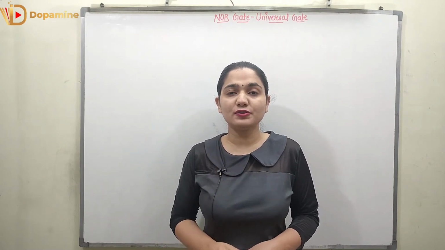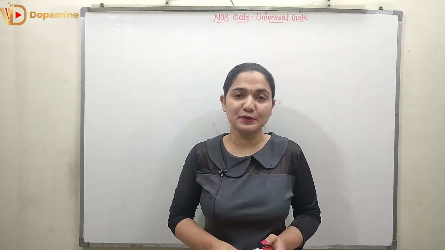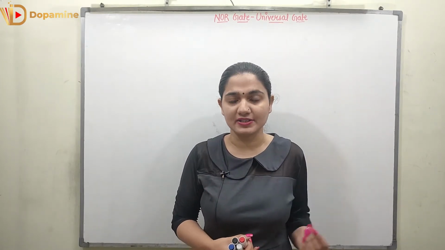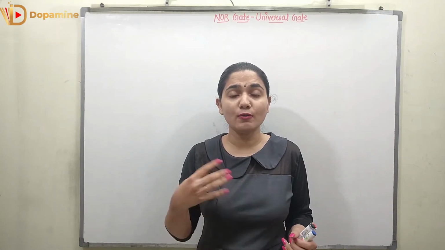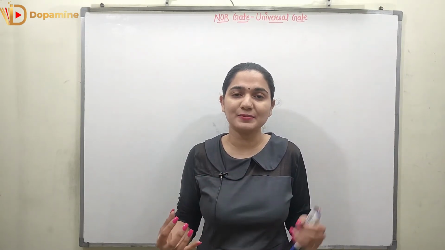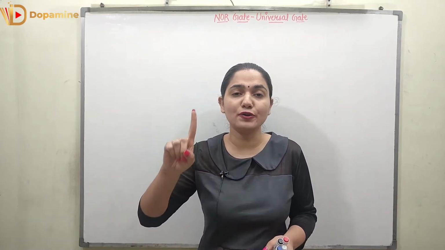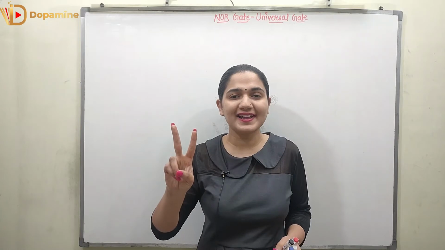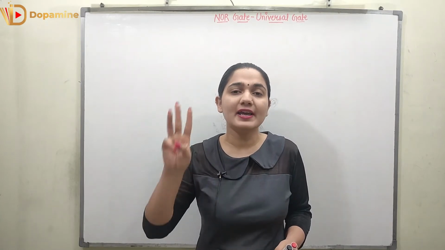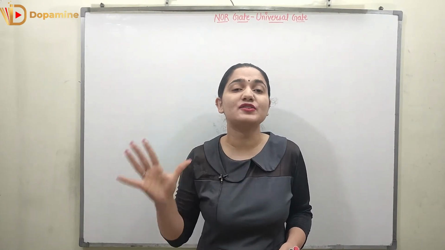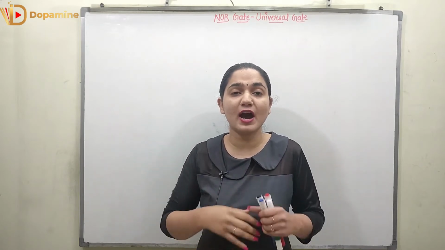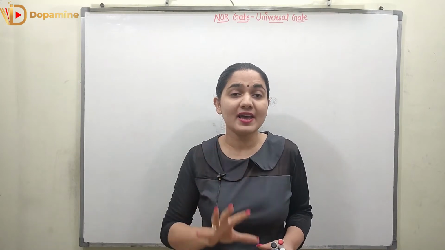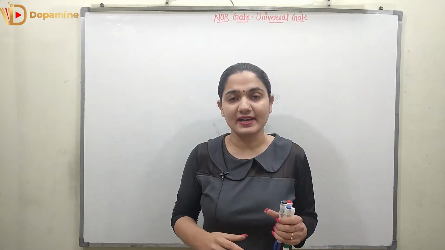Today in this video we are going to see how NOR gate can be acting as a universal gate. Universal gate is a gate with the help of which I can make any digital circuit. Right, so we are going to see how we can make all of the other gates with the help of NOR gate. We are going to see first how NOT gate can be made with the help of NOR gate, then how OR gate can be made with the help of NOR gate, then AND gate, NAND gate, XOR gate and XNOR gate. So we are going to see how these 6 gates can be made with the help of the NOR gate. So thus I can say the NOR gate can be acting as a universal gate.